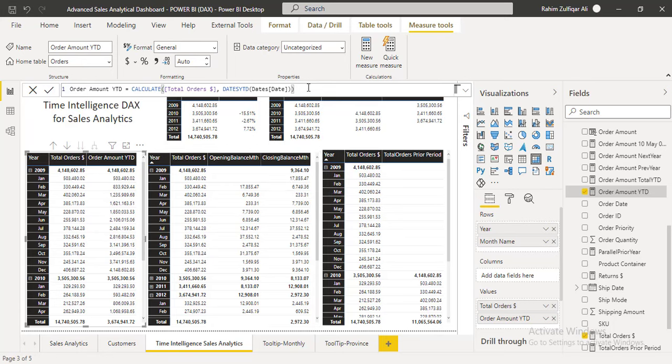So if we compare this kind of DAX language, in Excel it has a different perception in the user's mind, that we work there in the columns, rows and cells, we can do whatever we want. But here the mindset of a business analyst and data analyst, when they work in the Power BI, they also need to understand the data modeling concepts.